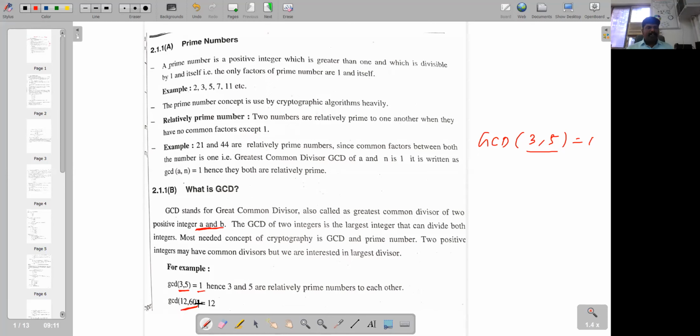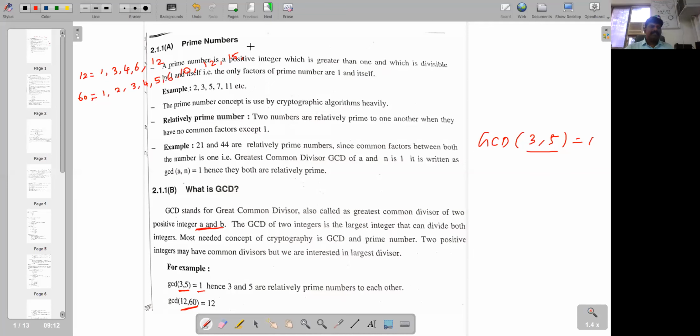Again, when we talk about 12 comma 60, what are the factors for 12? Which is 1, 3, 4, 6, and then 12. And when you talk about 60, the factors for 60 are 1, and then 2, and then 3, 4, 5, 6, 10, then 12, right? What are the numbers that can divide? 15. 4 15s are 60, right?